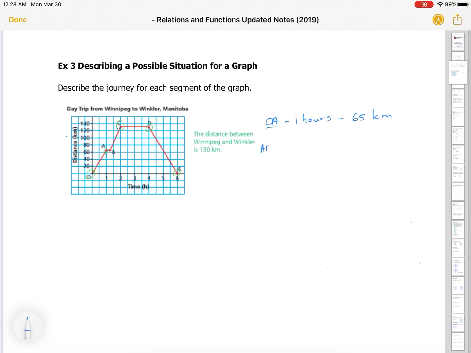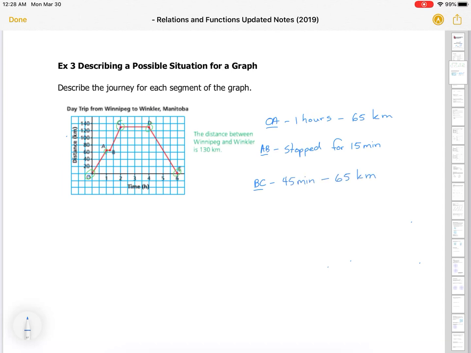Then we have this little tiny flat spot, AB. We aren't changing our distance at all, but time is passing. So basically we've stopped for about 15 minutes. If we look at our graph at the bottom, it's not a full hour, it's about a quarter of an hour. So maybe we pulled over to the road, we had a little break, maybe we stretched our legs, and then we got back in the car, and from B to C, we drove another 45 minutes,